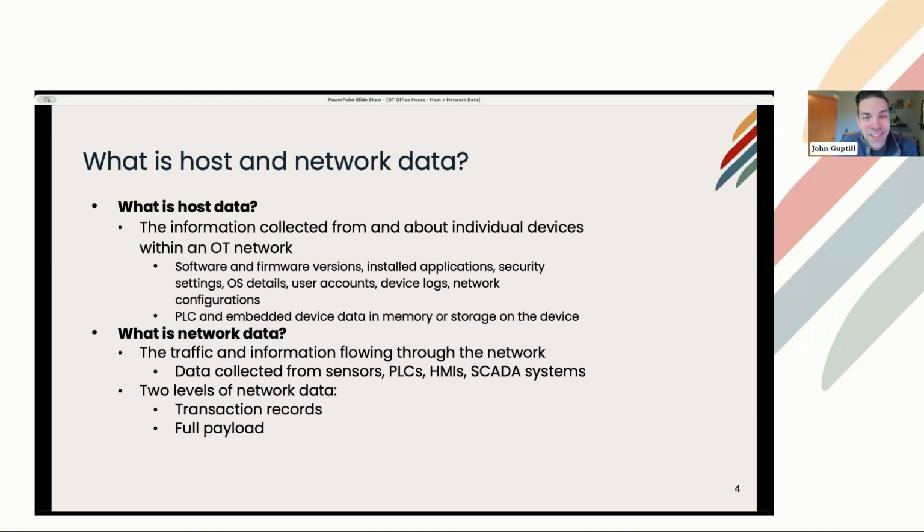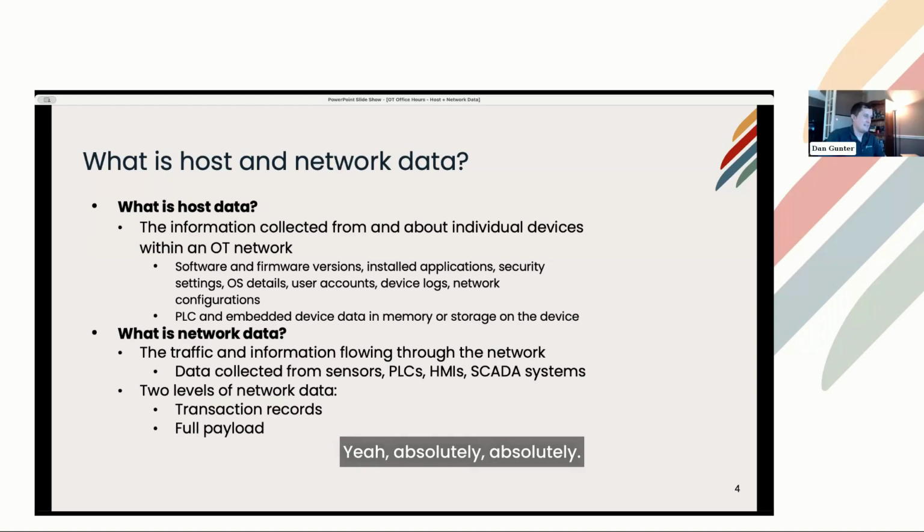Yeah. Absolutely. And sometimes what's fun too is different protocols will give you different perspectives. Like I have a Schneider M580 sitting on my desk here. Some Schneider PLCs, if you ask for Modbus, the identity and firmware version will be different than if you ask via UMAS or the EtherNet/IP one.